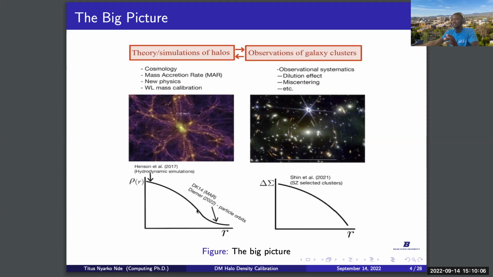But by then, we realize that these halos also have outer regions. So I indicated all the 4 papers I'm considering in my synthesis, and which part of the density calibration they focus on. The Hansen et al. paper focuses on the impact of baryons on dark matter density calibration, which is almost like the center of the halo, the inner region. Then we have the Demir and Kraftstoff paper, and the Demir 22, which also focus on the outer regions. And then we have this Shin et al. paper that focuses on calibrating density profiles from observations.